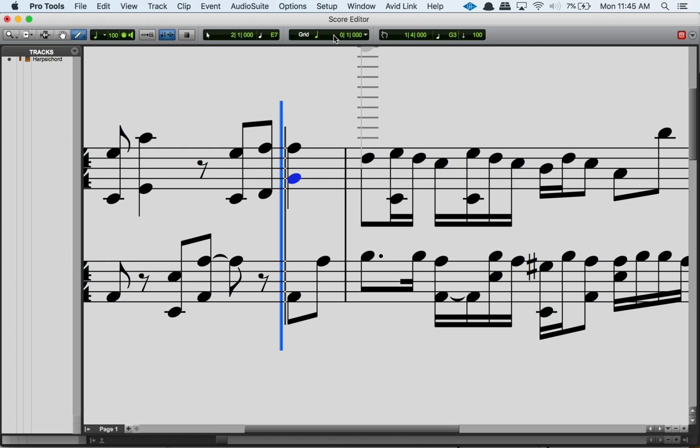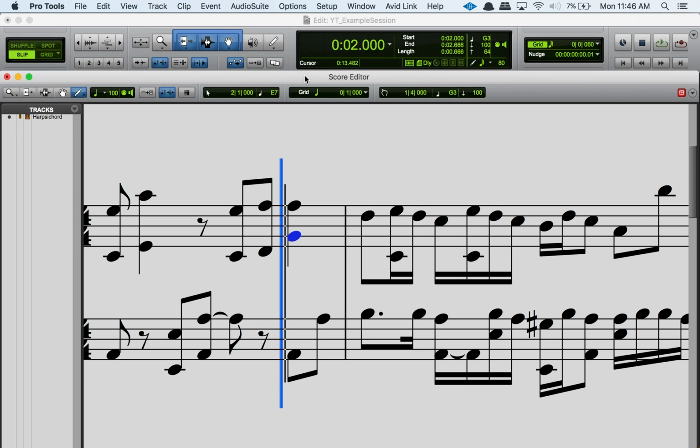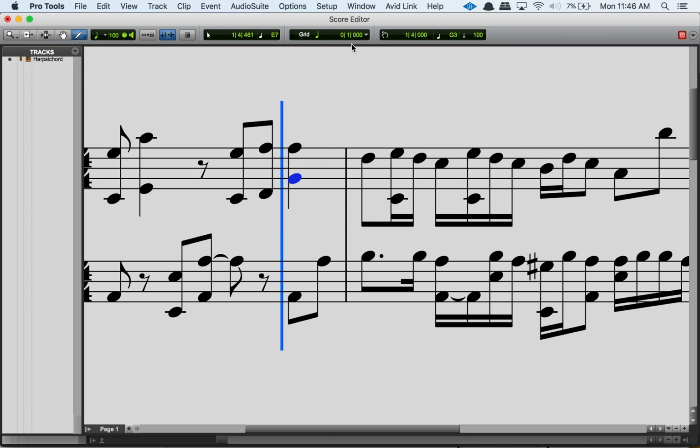And so you might notice this pops up no matter what edit mode you're in Pro Tools. So like I'm in slip right now, I believe, but let's check. Yep, I'm in slip right now. But even though I'm in slip mode, it's showing us the grid information. So you'll just see here some info on your grid, and you can just click here to change the resolution value of that grid. So I'm just going to return to the selection tool here,